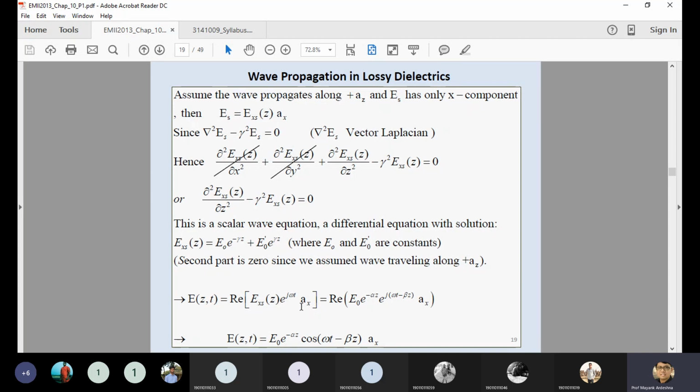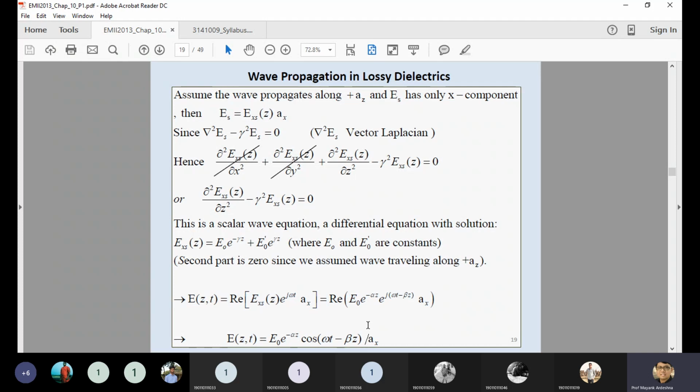So that's why you get this equation, e raised to minus alpha Z, by putting in the value of gamma. How do you get it? Instead of gamma, you can replace it with alpha plus j beta. So e raised to minus alpha z and e raised to minus j beta z, and you multiply with e raised to j omega t. So they combine these and separate out the j term. You can see over here. And from this equation, they identify the real values, mentioned over here: E(z,t) equals E0 e raised to minus alpha z.